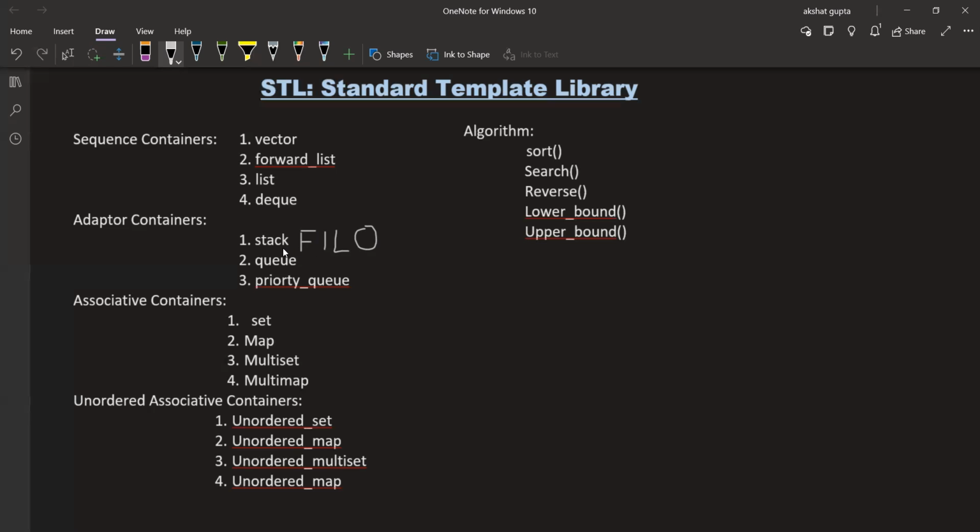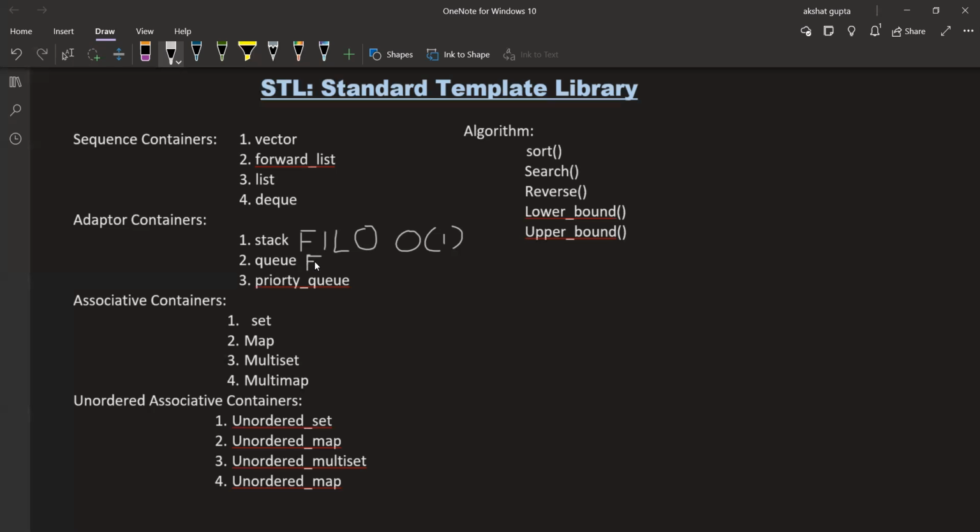In this, we can insert any value in its front in O(1) time and can delete any element from the last in O(1) time. Queue is based on the concept of first in, first out.